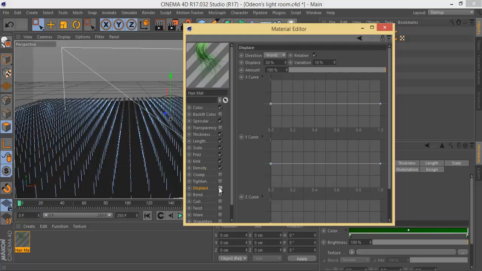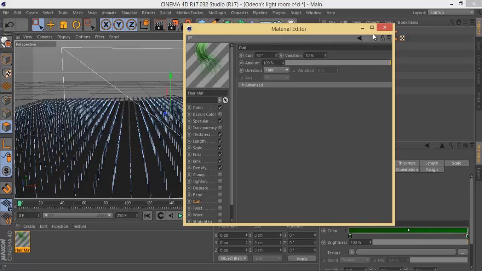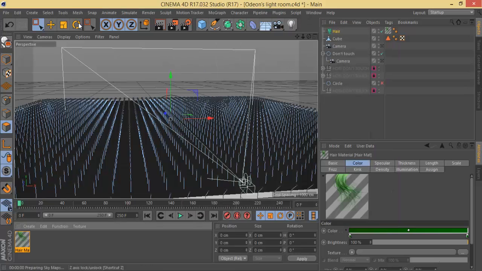Density. And I think that's all we're going to need, and then let's do a little test render right quick and see how it turned out, and make sure it looks alright before we continue, because you don't want it looking too raunchy. That's a horrible way to put it, but